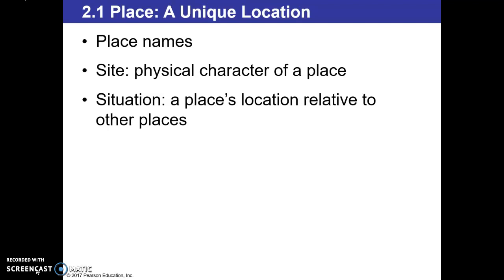Relative location, on the other hand, is what we categorize as being part of situation. So providing some relative sense of where a place is. And so this is done by giving general directions to someone on how to get to a place. Maybe talking about different streets that they may drive on or different landmarks they may see along the way.